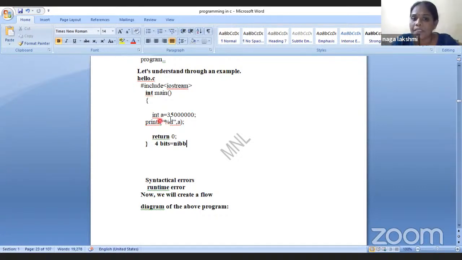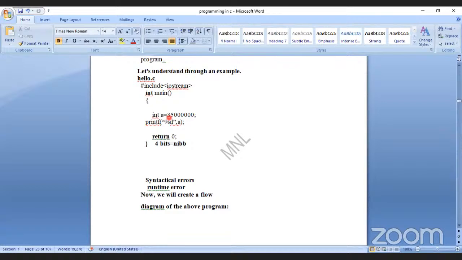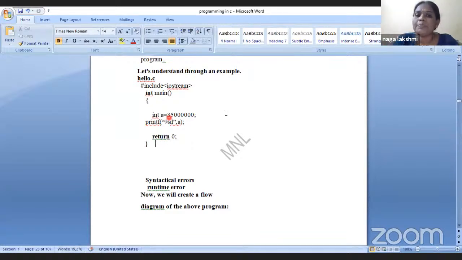As I have already told you, the computer cannot understand human language. Which language will it understand? It understands binary language, meaning zeros and ones. Zeros and ones, you have to understand how beautiful the computer is and how fast it is. So if you want to convert 35,000 into binary, you know how to do the conversion. Now you have to divide.